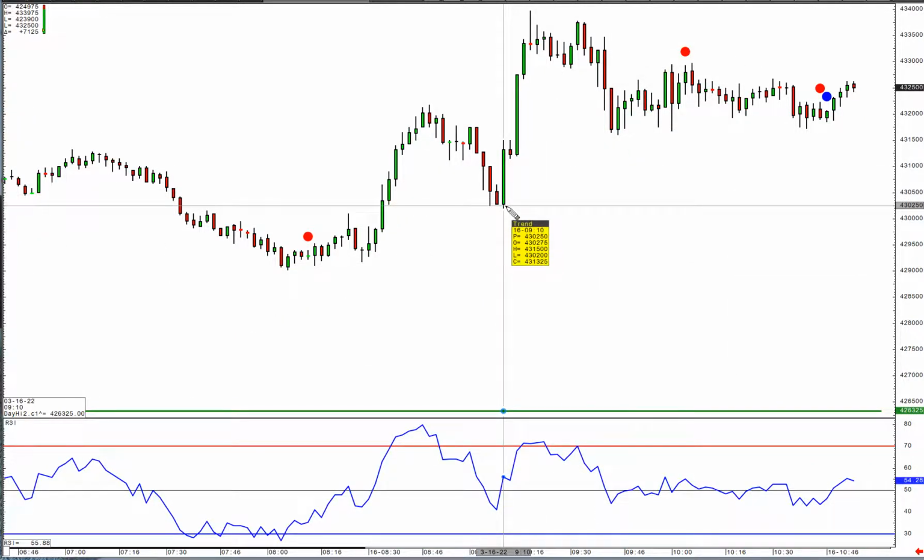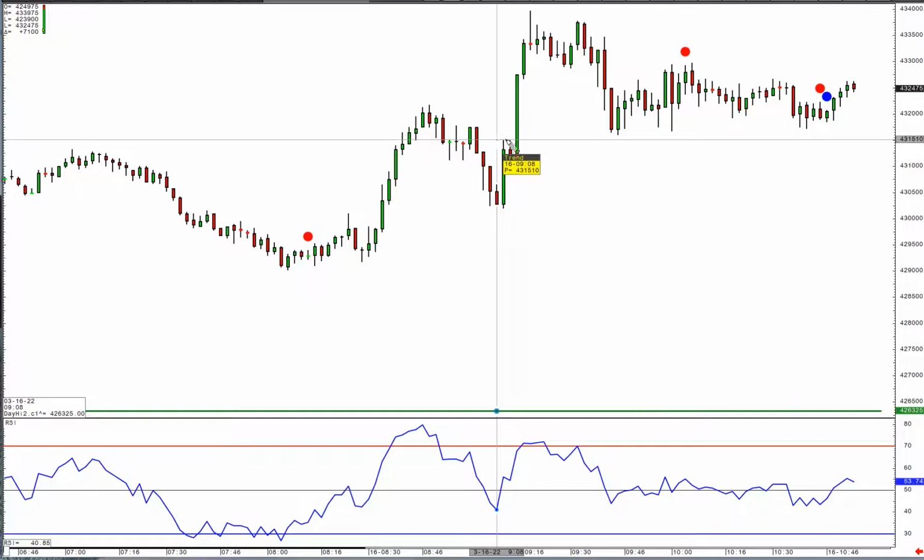This impulse bar from 910 to 912 set up the bald man pattern again. And again, we went from RSI 14 below 50 to above 50, which validates this as a setup bar,